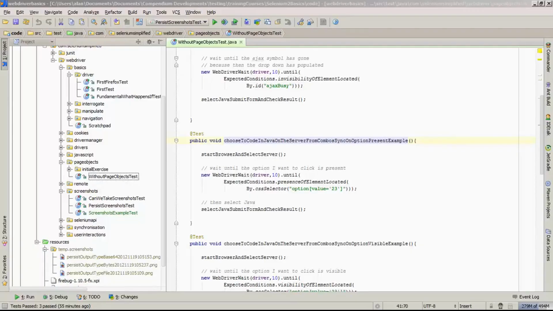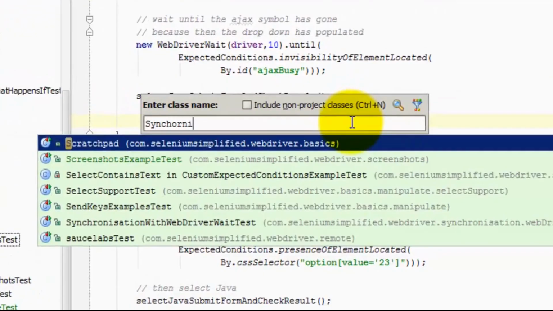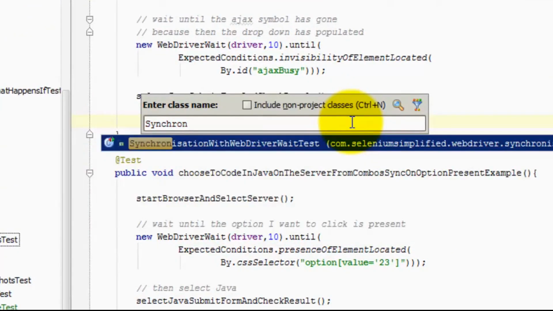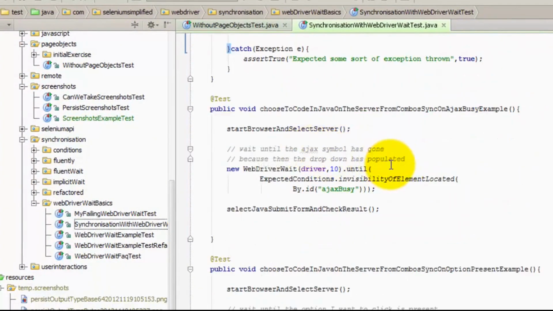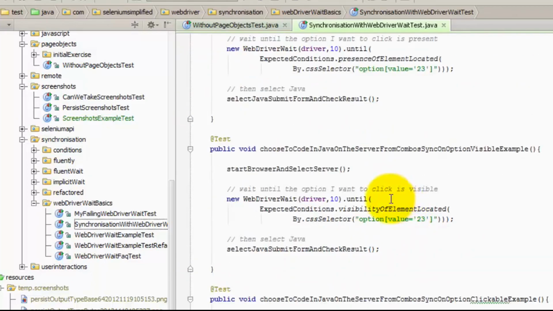So I'm going to give you an example of refactoring to page objects. We're going to start with one of the tests that we already have. So I'm going to use the synchronization with WebDriverWait test that we wrote ages ago. Now, this has a number of tests which all do the same thing. The main difference between all these is the difference in the wait classes. So when I do finally refactor this